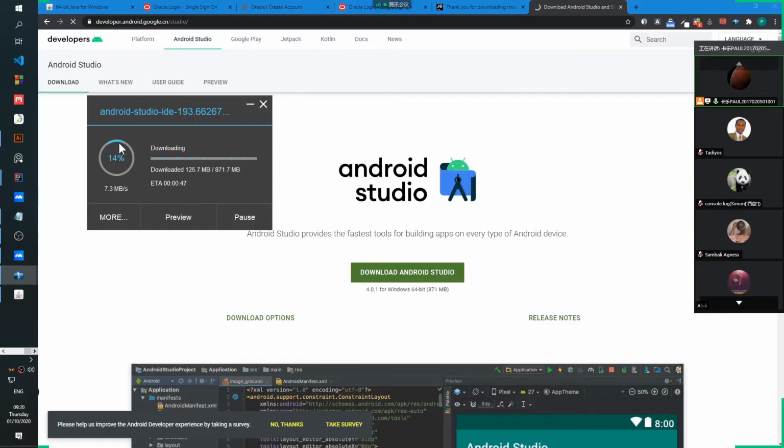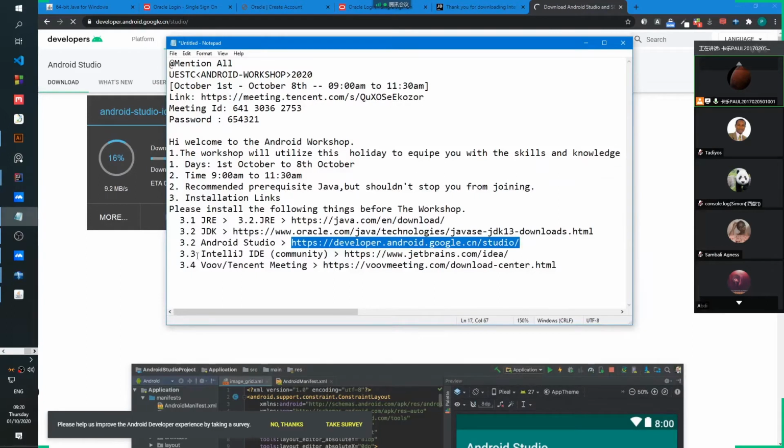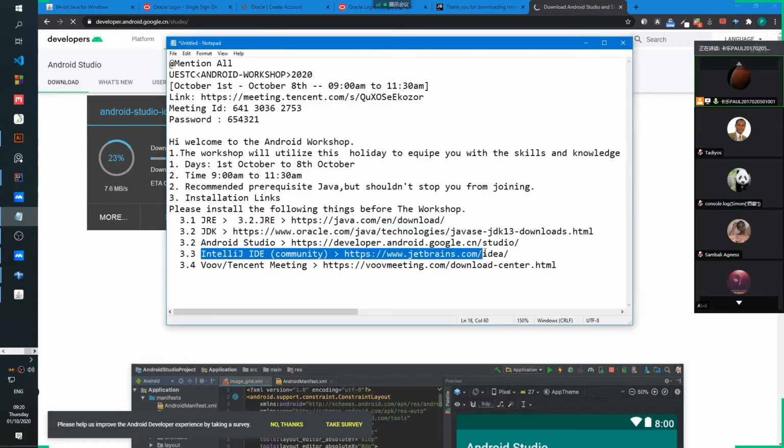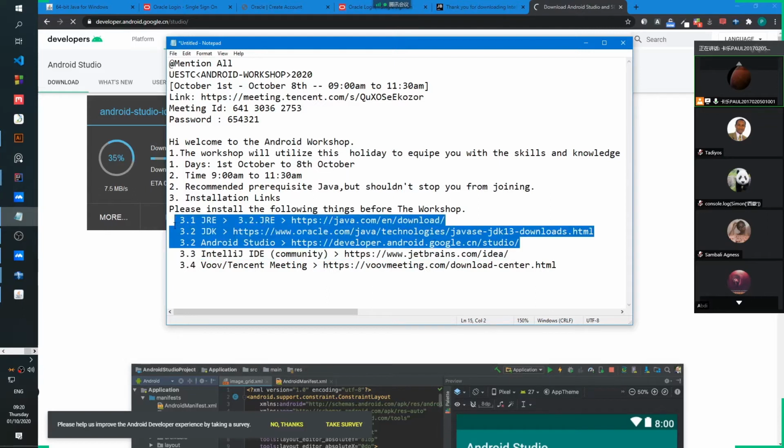So if you have the Java runtime environment and the JDK, the Java Android Studio is going to work perfectly. The IDE is not very necessary for the Android Studio, but it will be good for some Java practicing and also some introductions that we might do in the beginning. So if you have these 3, you are very well set to go for the part where we start developing